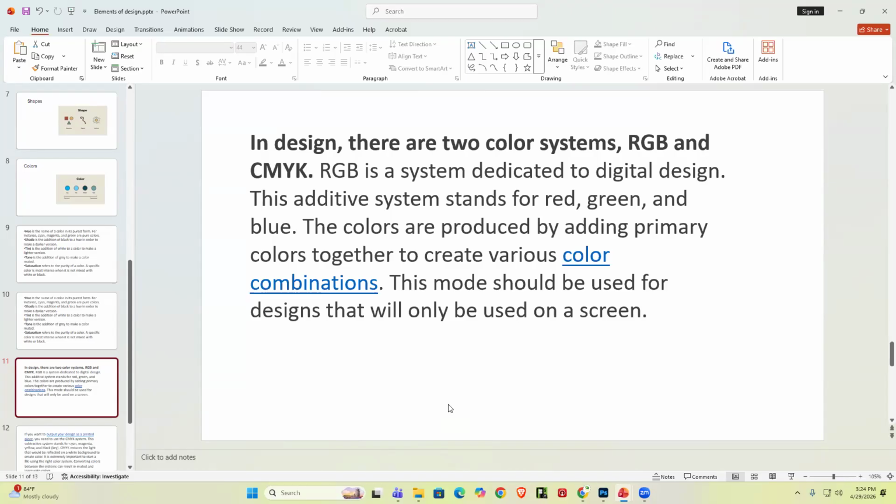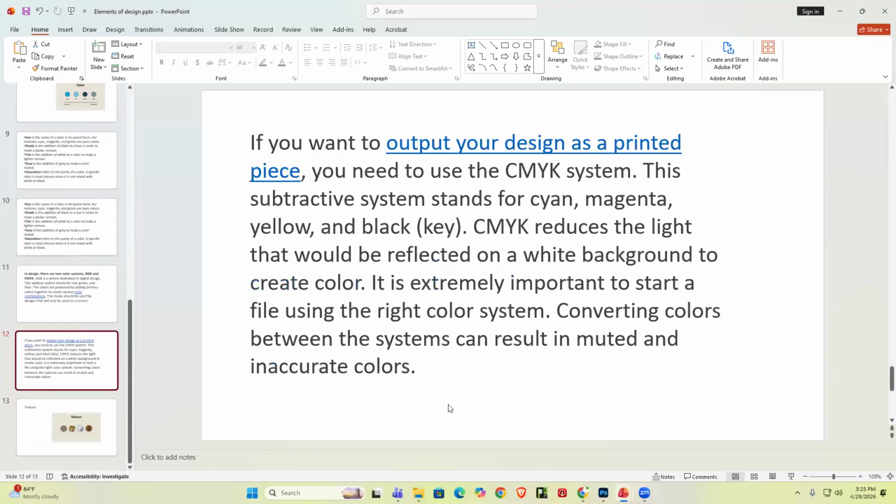Okay, so RGB stands for red, green, and blue. The colors are produced by adding primary colors together to create various color combinations. This mode should be used for designs that will only be used on screen, as I said. Then sorry, then you have the